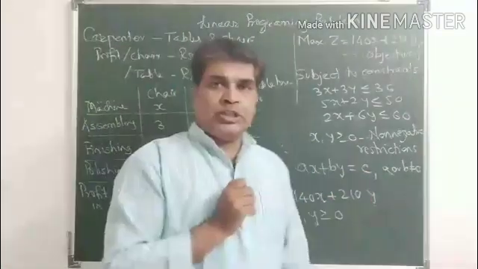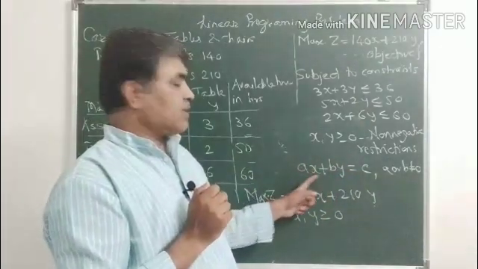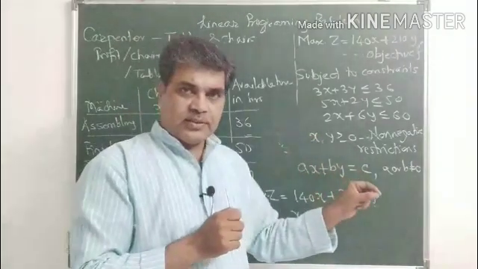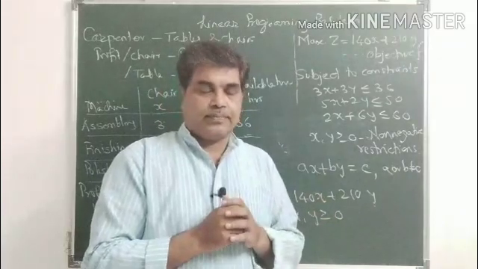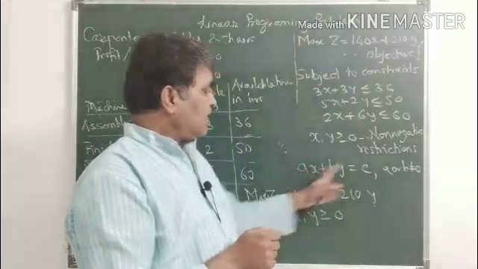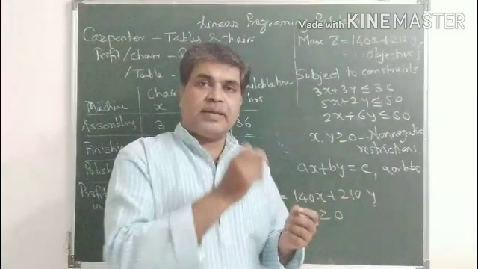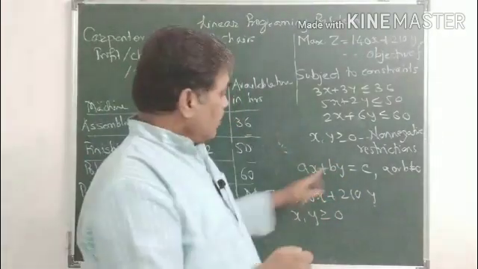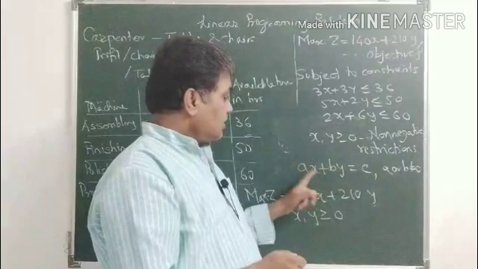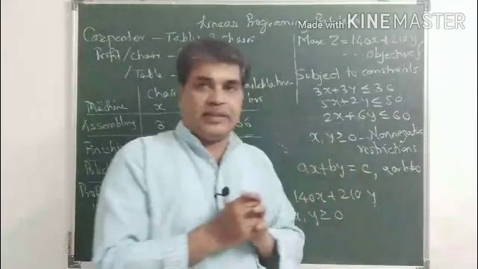If c is not equal to 0, to find the equation of the line, we will find the x-intercept and y-intercept of the line, meaning where the line cuts the x-axis and where the line cuts the y-axis. For computing the x-intercept, just substitute y equal to 0, we will get x equal to c by a, and the corresponding point on the x-axis will be (c by a, 0). Similarly, by putting x equal to 0, I will get y equal to c upon b.